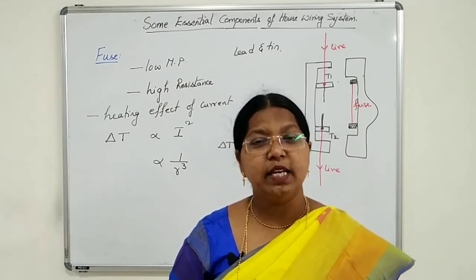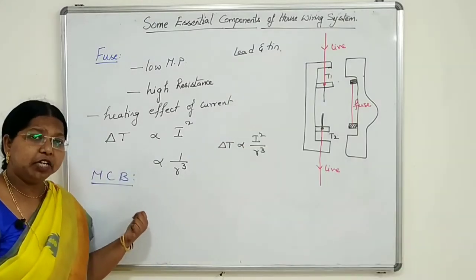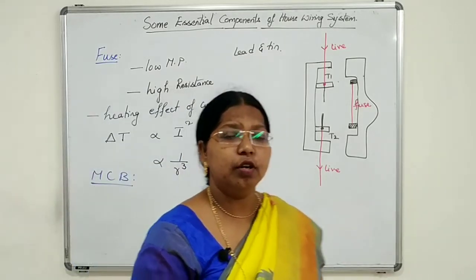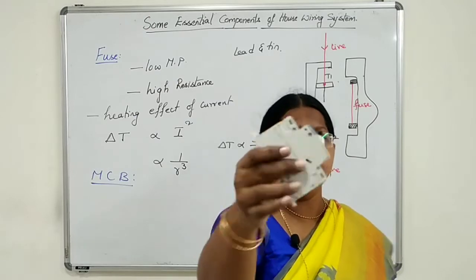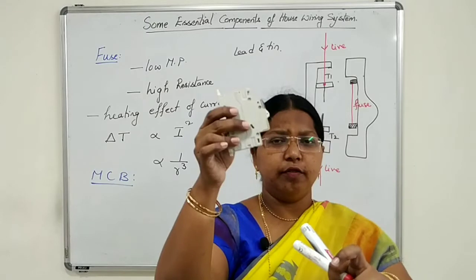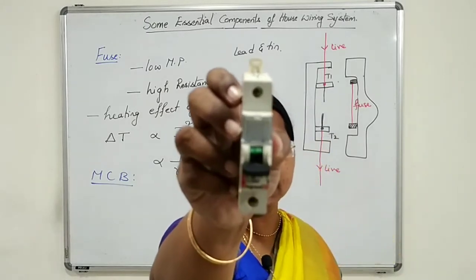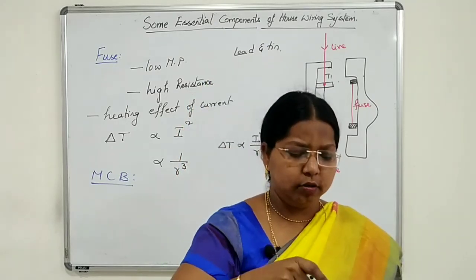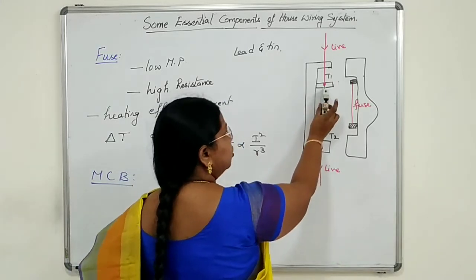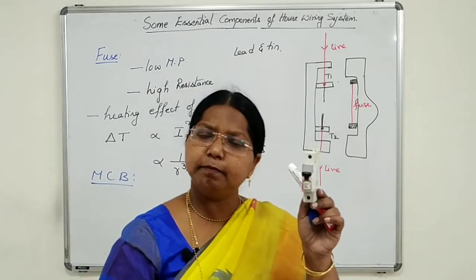What is this MCB? Miniature Circuit Breaker. So the miniature circuit breakers are replaced in the place of this fuse. So this is the miniature circuit breaker, your MCB. Clear, students? You can see one switch here which trips off. We will always keep it on, so the current is flowing. Instead of this, we will keep this one. So the current is flowing through the live wire via the MCB.